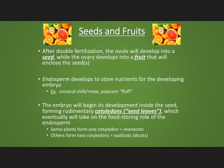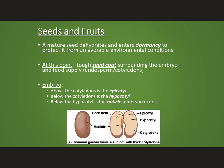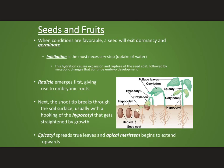Don't worry about this. Seeds and fruits, I can't imagine they're going to ask us about either, but just as an interesting side note, once fertilization happens, all angiosperms will form a seed, and then around that it will form this fruit that protects the seed, or, as we'll see in a moment, makes it attractive to other organisms. Don't worry about this. Or this. Although it's just fun to look at,